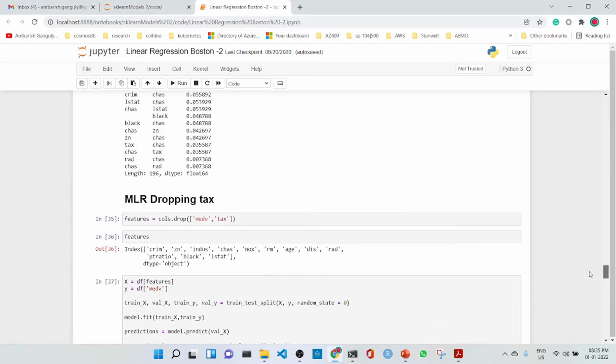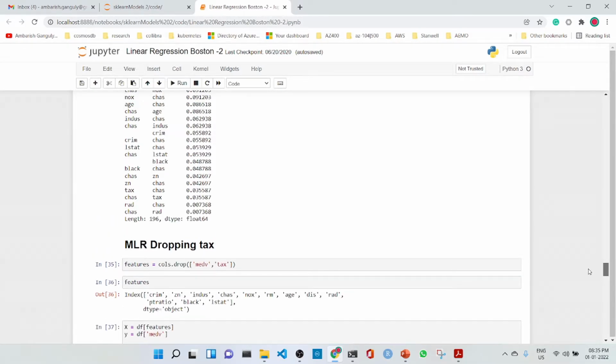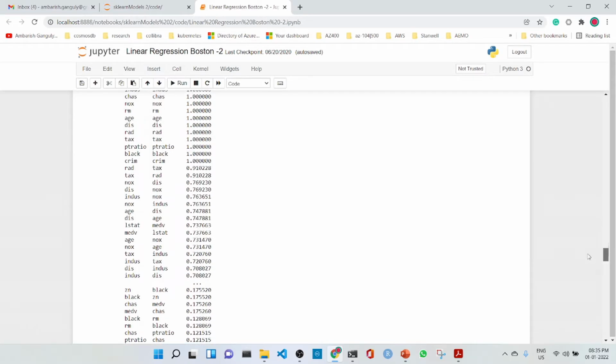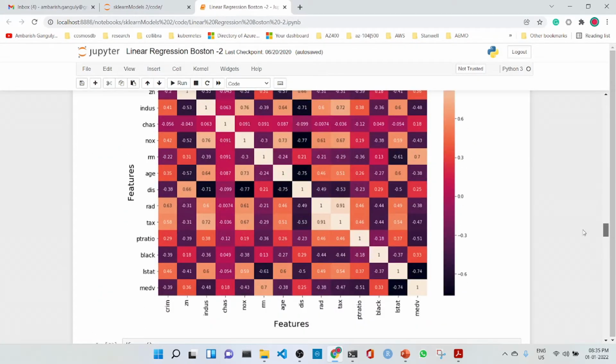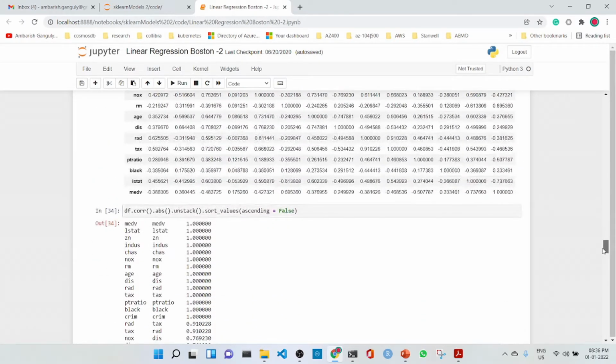Now, we find, if we drop tax, what is the correlation between tax and MEDV? So MEDV is here and the tax is here. It is minus 0.47. So if we drop tax,